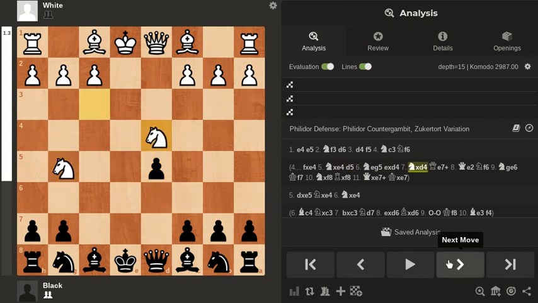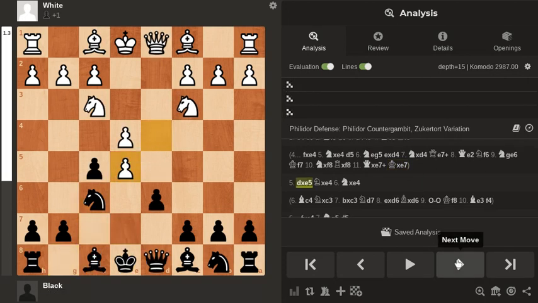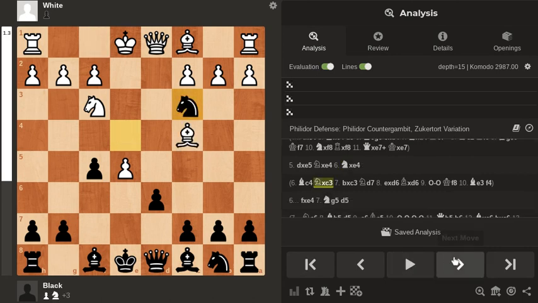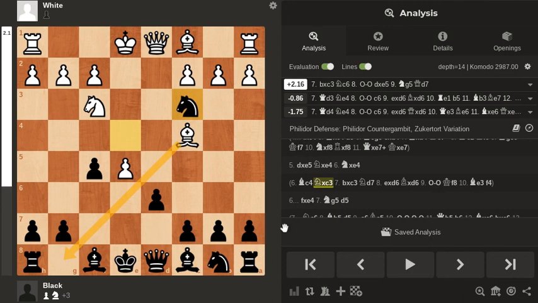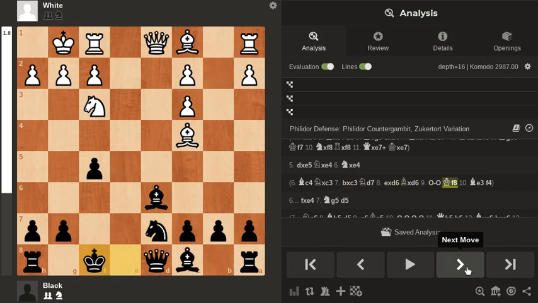But the reason I use this engine is because, well, it comes up with very interesting ideas. And this position should be better for white. And here my opponent didn't play the best move, which is capturing the knight. Better is bishop c4, taking advantage of the open diagonal. And well, this position is just better for white, because if you have to play a move like king f8,